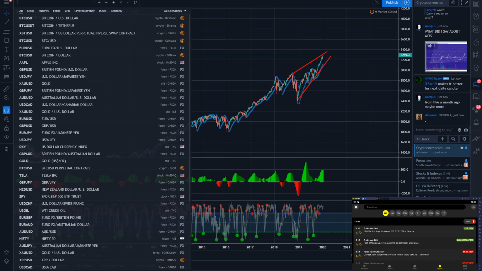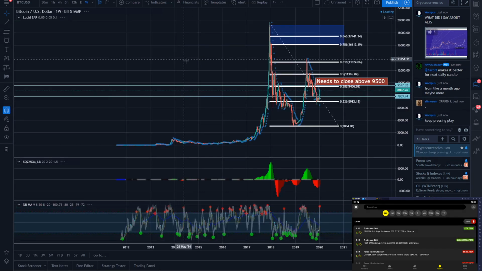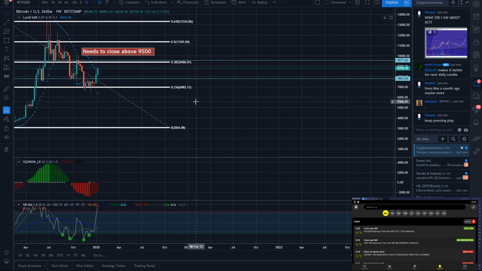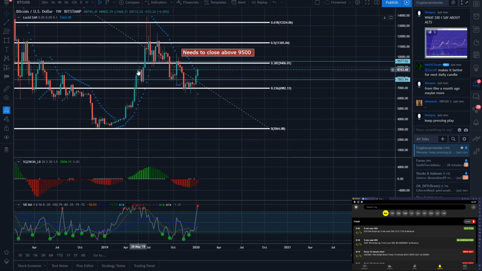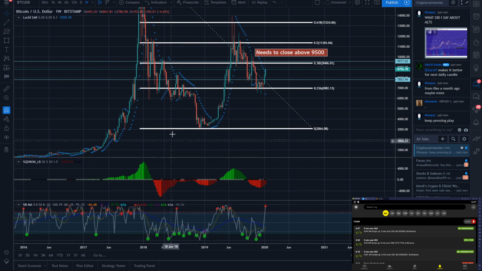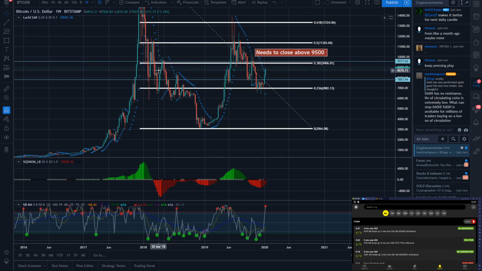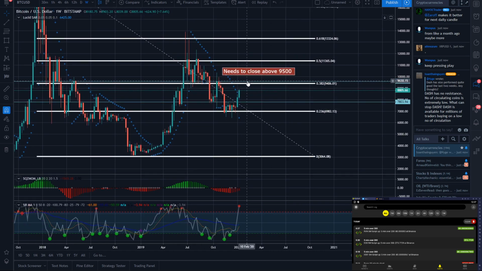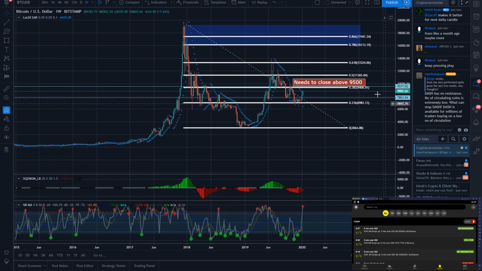the crypto market is bullish, but as I said, it needs to retest this level. So it needs to close above 9,500. And my gut feeling is that this is a hidden bearish divergence on the weekly level that looks something like this, look at this hidden bearish divergence. But we should see next week. So if the price goes above this high of 9,500, you will target, as I said, the 0.618